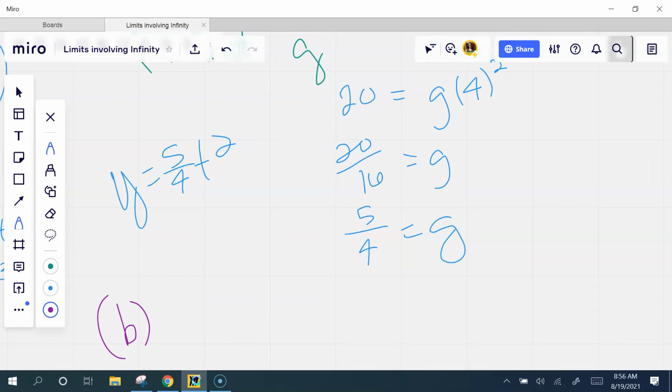Find the average rate of speed for the fall. Average rate of speed. We need to know how many